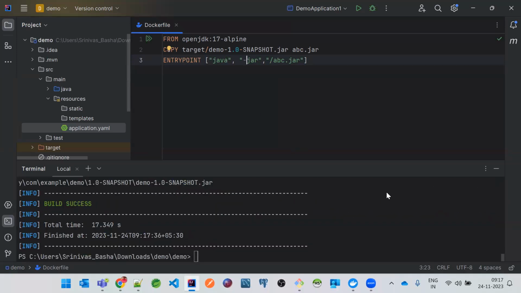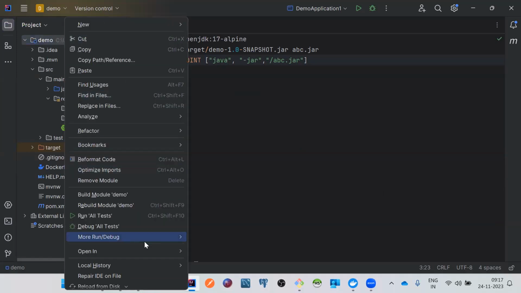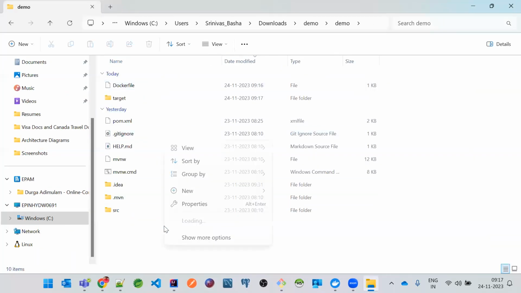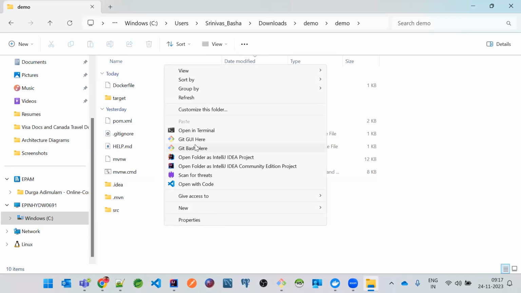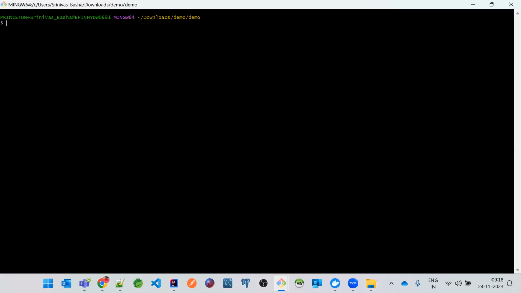Now we have generated the new jar file. Now I just wanted to open this inside the Explorer. I just wanted to open this in Git Bash so that it will be a very big terminal for you. So you will be able to see everything. Yeah. So here I just wanted to, so Docker